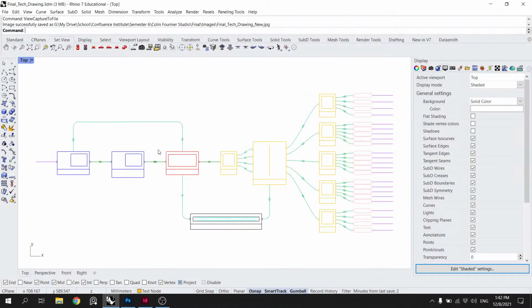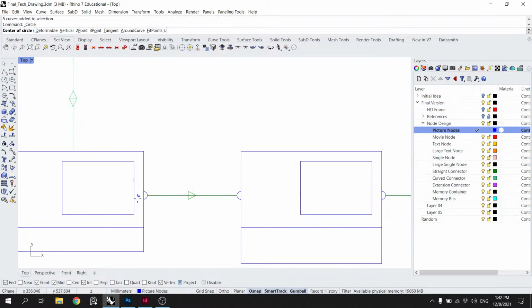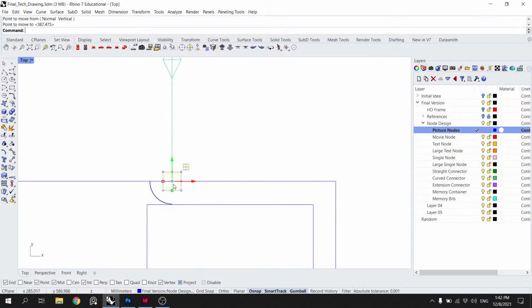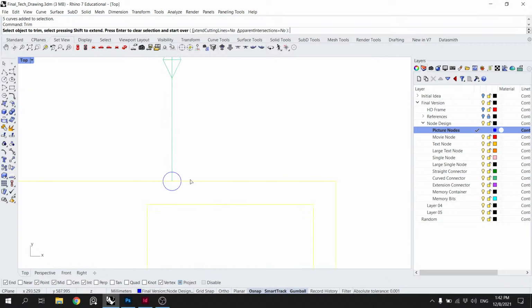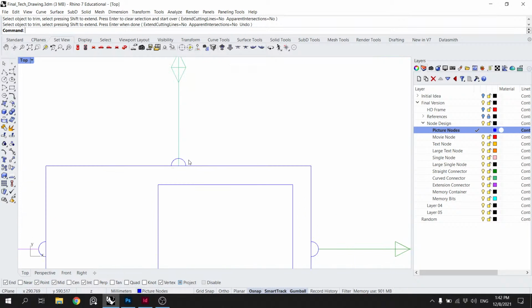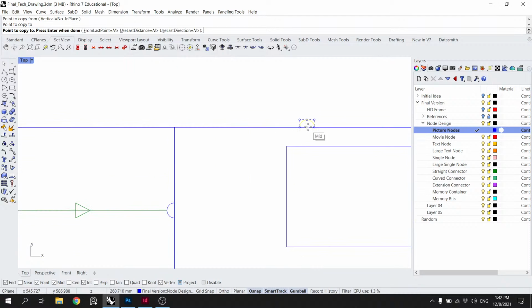So just create a little blue circle, go into this kind of thing. And I'll just move that from this center to this center, and then I'll trim that with that, and then take that, copy it from there to there,